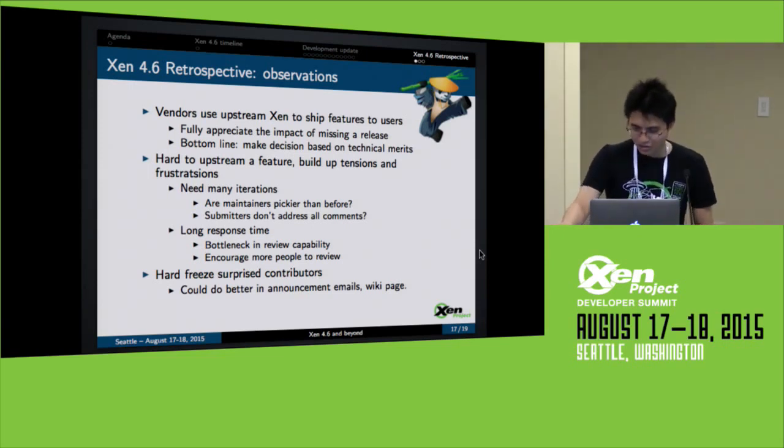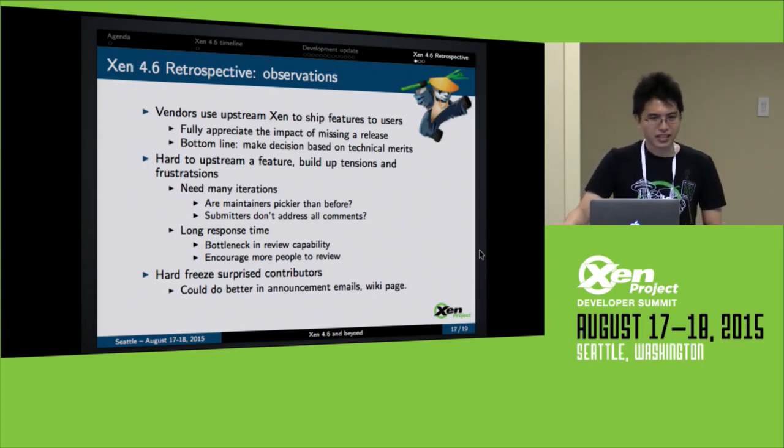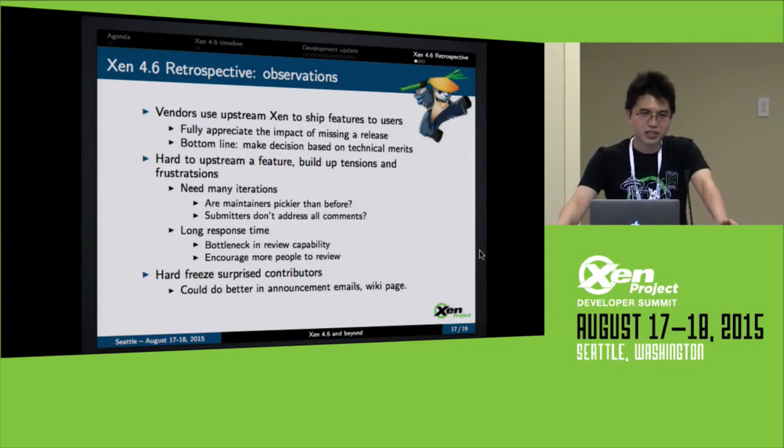As far as I can tell, the highest record I know is 25 iterations so far. But normally for big features, it would probably take 8 to 10 iterations. That's about normal. But we don't know yet why it's getting harder to upstream a feature.